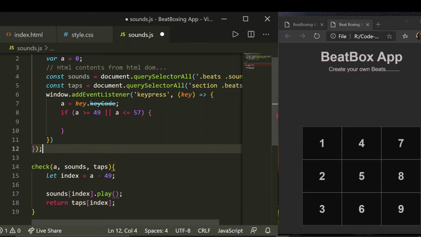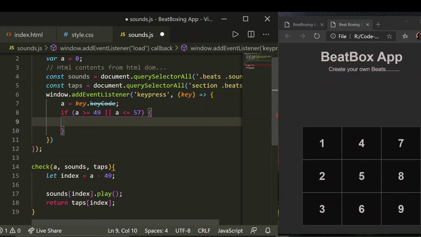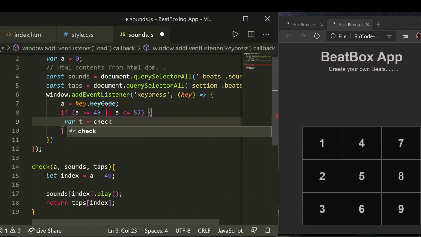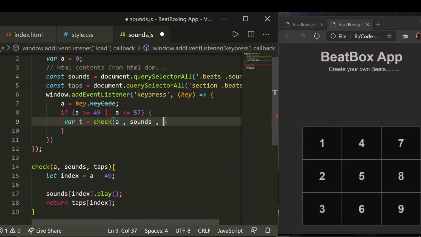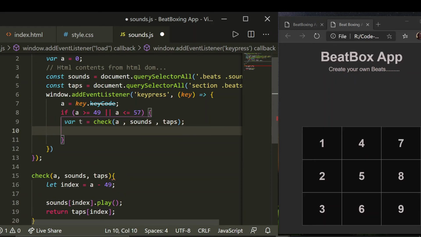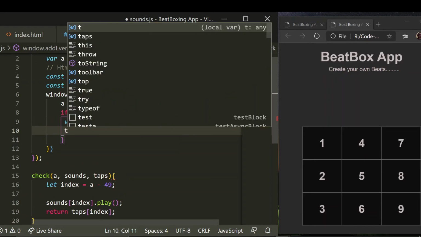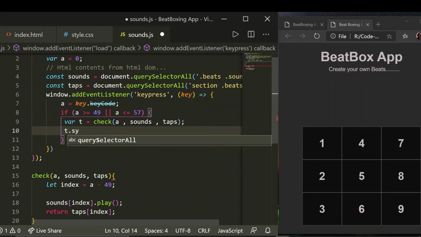So now we are done with this, and we can simply say t is equal to check, which has three parameters. One is a, another one is sounds, and the third one is tabs. Now we are good to go with all of this, and we can give this t some styling, like t dot style dot